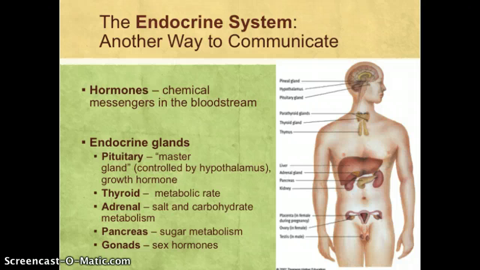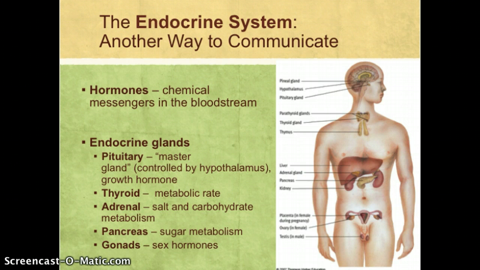Another difference between the endocrine system and the nervous system is that in the nervous system, the neurotransmitters travel a very short distance across the synapse to send those messages. For the endocrine system, the hormones or chemical messengers are pumped into the bloodstream. This carries those chemicals throughout the body and basically sends sort of a global message to the entire body, and the entire body can then respond.